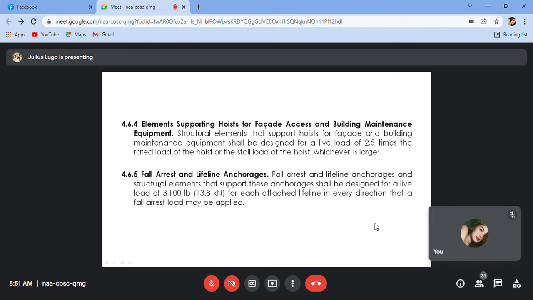Then meron din tayong fall arrest and lifeline anchorages. So yung sa mga ganyan naman, designed for a live load of 13.8, 13.8 for each attached lifeline in every direction, and a fall arrest load may be applied. So yung mga ganito, guys, lifeline anchorages, for example,